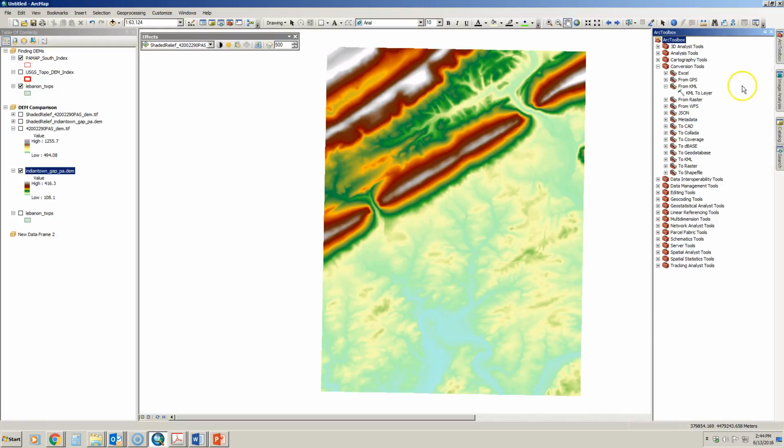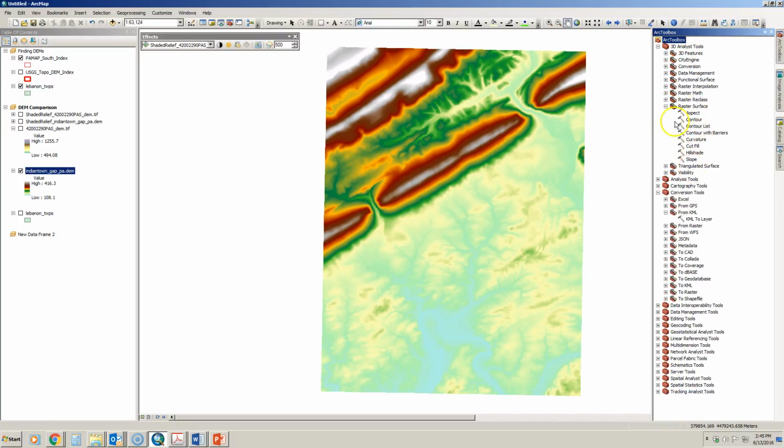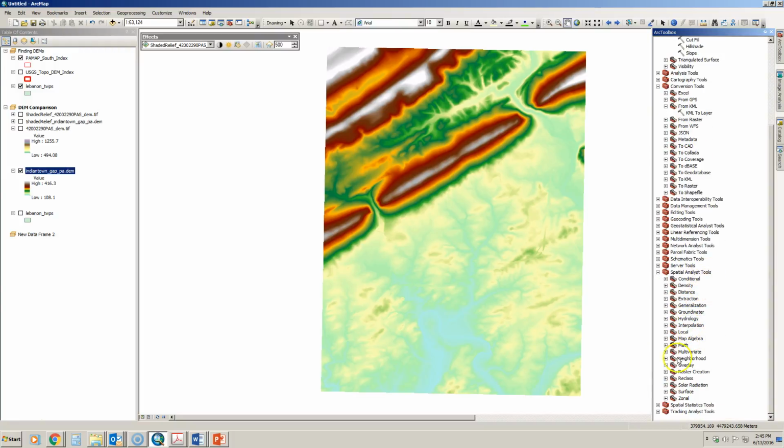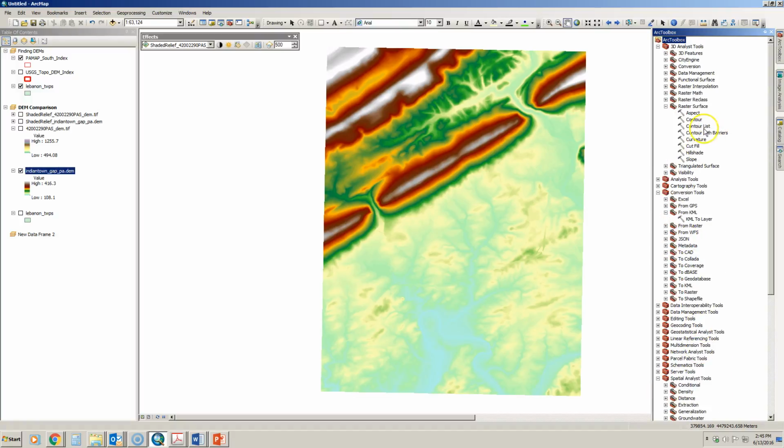And it's just taking a second. So we can access these tools in 3D Analyst tools. Under Raster Surface, we have the tools. We also have them in our Spatial Analyst tool set under Surface, and you can see the same tools. I'm just going to use the ones from the 3D Analyst toolbox. So the first data set that we're going to create are contours. As many of you know, contours connect areas of like elevation. So if we double click on the contour tool,